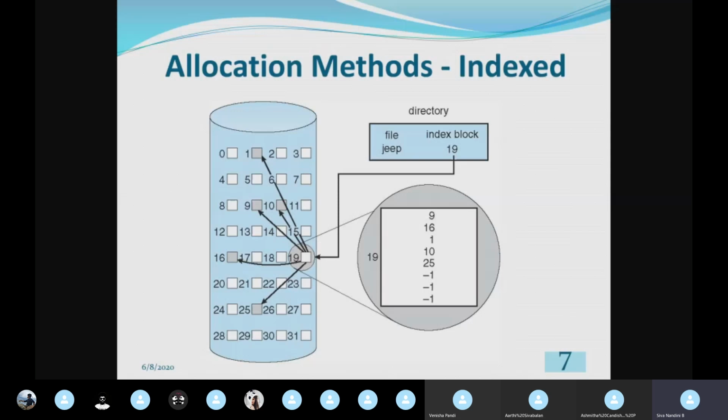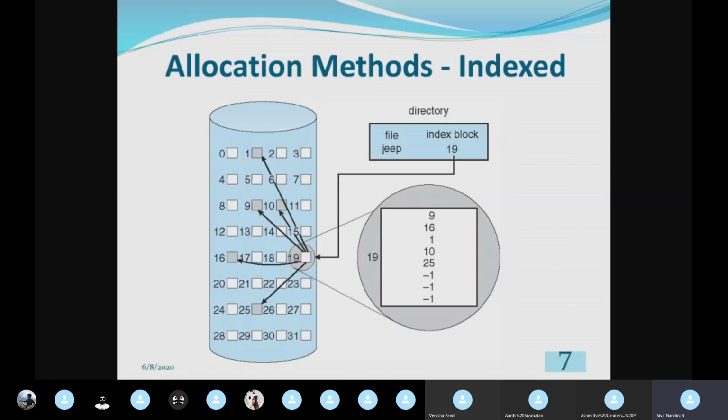See here in the below circle, you can see in the 19th block, we are having logical blocks 9, 16, 1, 10, 25. Like that we are having. So if you see here, for this allocation method, the indexed allocation method, we are having a separate logical block to specify the index.